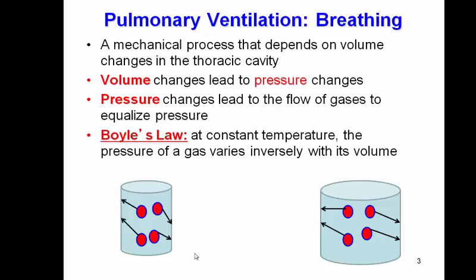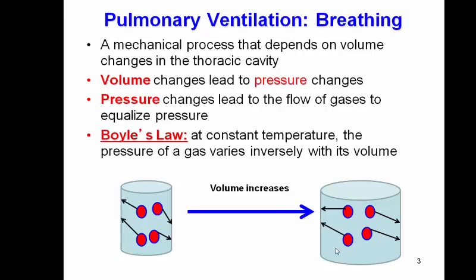And so the impact of one molecule against the container, as we can see here, will exert the same force as it exerted here, except that we'll have a lower number of collisions along the interior of that